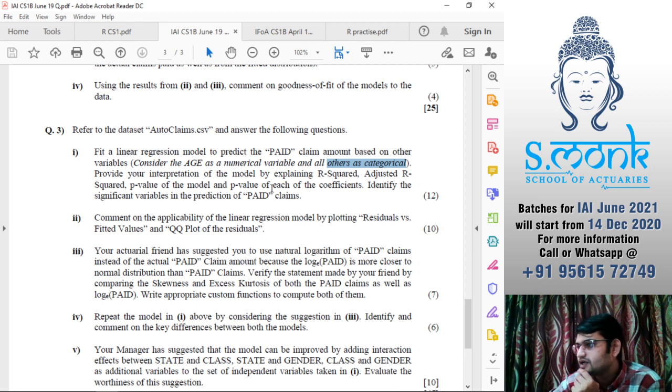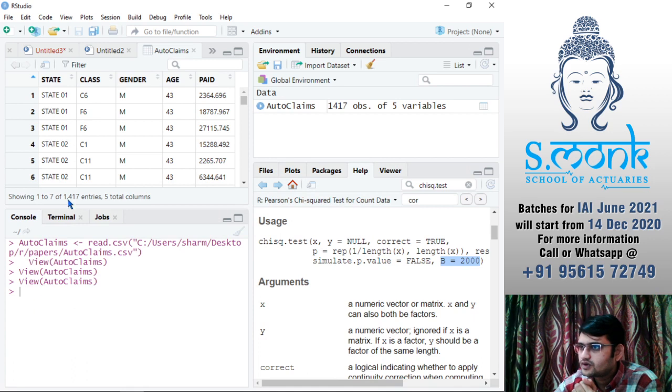This is multilinear regression because we have more than one variable. So we are taking age as a numerical variable and all others as categorical. That means they are all factors. So age is numerical and all others are factors, and paid is going to be our response.